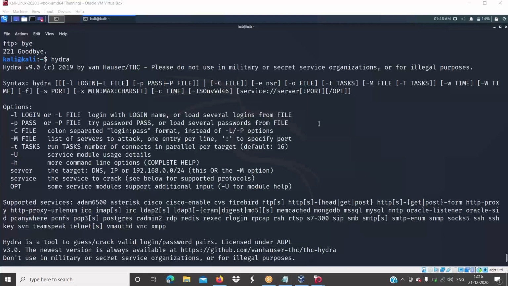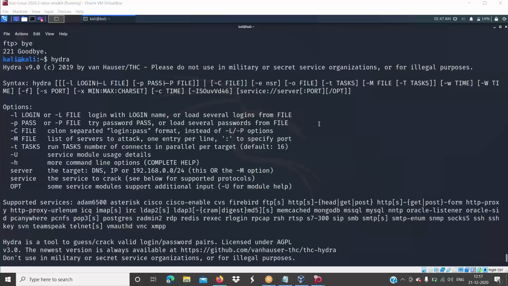So what do you understand by reading this? We can give the file, like if we use -c with the Hydra command, we can specify a file where we can write login and password, and it will search one by one. Of course, correct. So this tool will basically automate our password cracking, right? It will just check usernames and passwords according to our input, which we are giving into this tool.